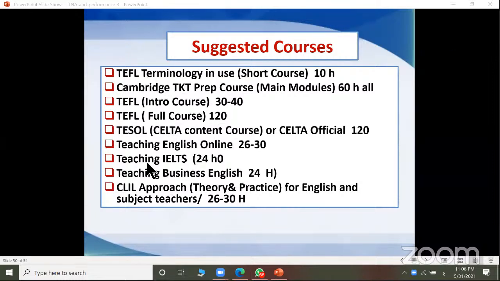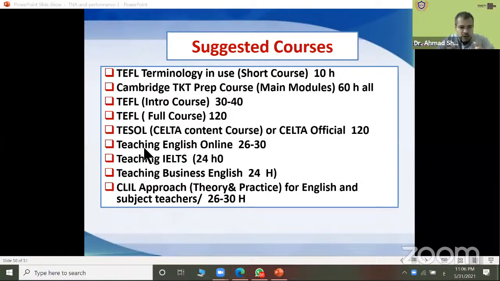Doctor, I asked about teaching IELTS because I see some people who want to take the certificate to teach IELTS and they don't take the exam itself before that. Yes, I know. But when you are taking this certificate from a recognized institution like British Council or IDP, they may give you this certificate without examining you.